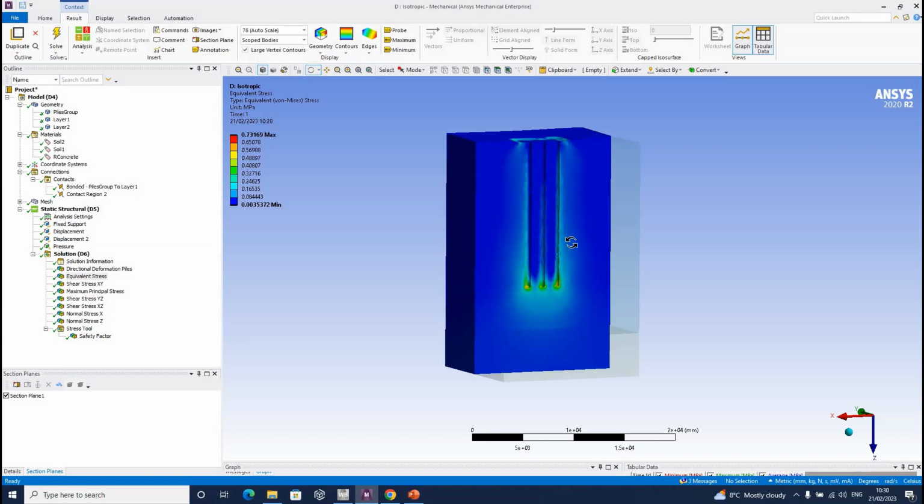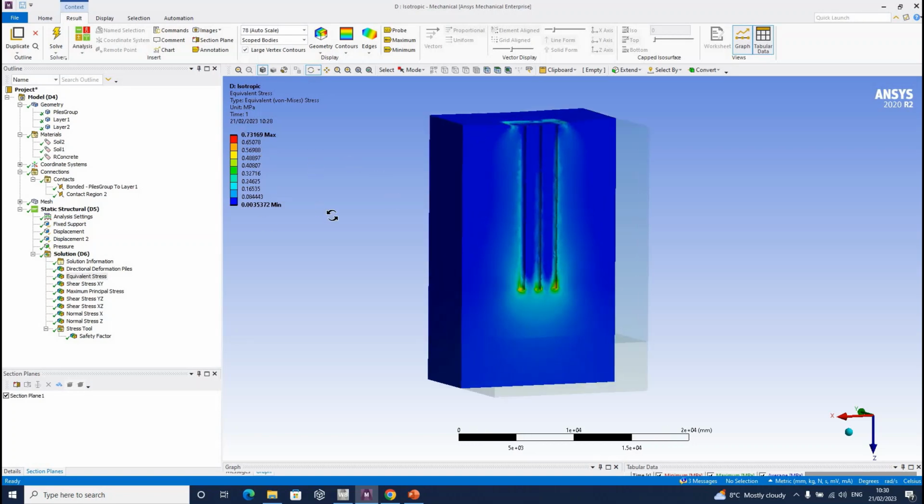So this stress is always positive, and this is the distribution of the values for the loads and for the properties of materials and restrictions we have defined in this problem. And remember, this is just linear, elastic, and isotropic. Again, we can use the minimum, maximum probe, whatever you want to define, to find the location of these values of the equivalent stress, for example. The next one,